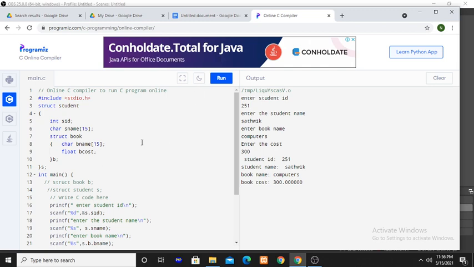The next concept is how to pass the structure variable to the function. You know how to pass a normal variable to the function. You can pass an array variable to the function and you can pass the structure variable to the function also. That I will explain in the next class. Now the next topic is